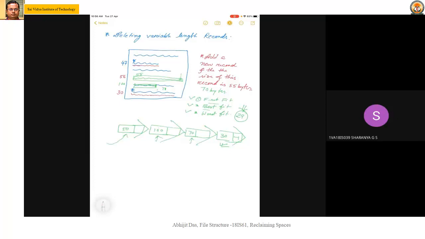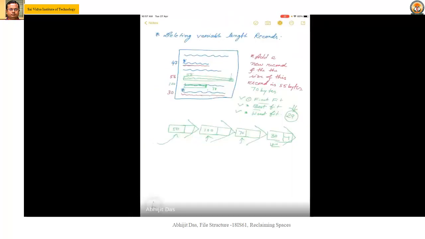Now there are two different kinds of records: one is fixed length record, one is variable length record. In fixed length records it is very much possible to provide this strategy, where we can use a linked list or a stack representation, as the record size will be equal for each of those records, and in case of that